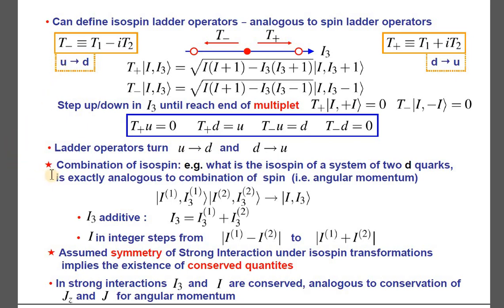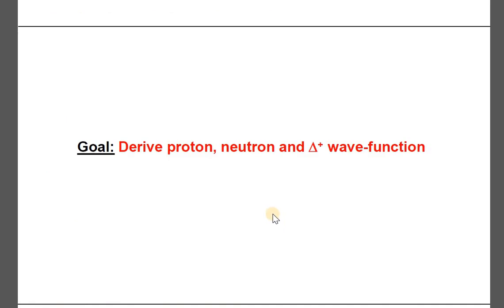Now this combination of isospin, that is the isospin of a system of two quarks, is exactly analogous to the combination of spin. The same scenario. So in strong interaction, I3 and I are conserved, quite analogous to the conservation of Jz and J for angular momentum. And now we move forward to our main motivation, which is the derivation of the proton, neutron and delta plus wave function, or